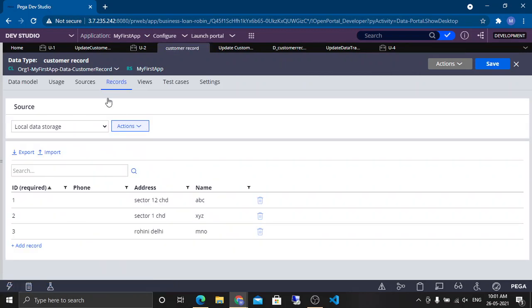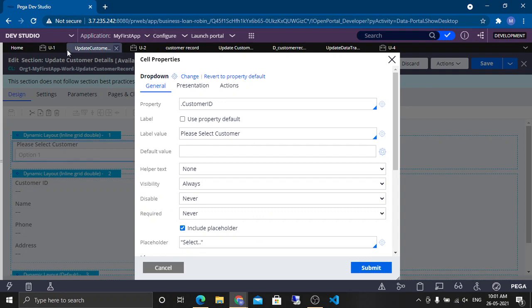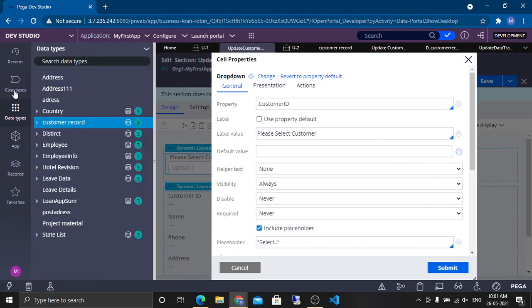If we see, we go to the, oh my God. Did we save the case lifecycle or what?